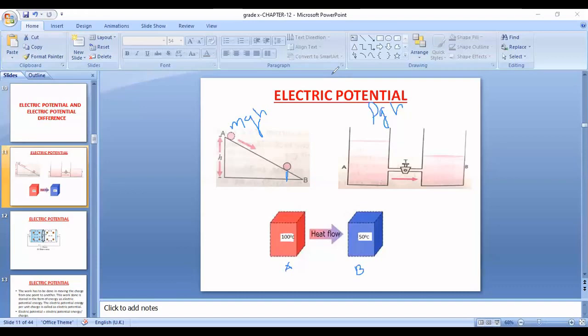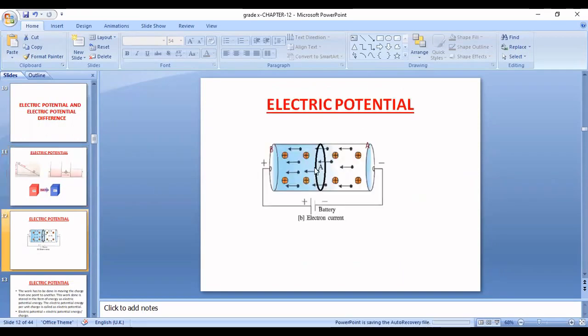Okay, so as we have studied, the current is produced due to the flow of the charge, right? So let us have a look in this figure. We can see that we have taken here a conductor which is connected with a battery. Now the current is produced in this case and the electron is moving from A end of the conductor to the B end of the conductor. Now why the electron is moving from A end to the B end? Because of the difference in the electric pressure.